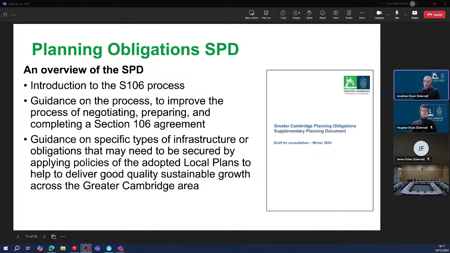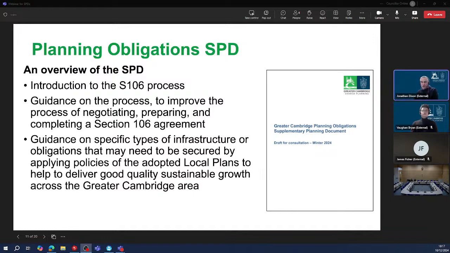So, for example, that could be a liaison with the town or parish council to understand what projects are needed in order to support the needs generated by that development. Or it could be other bodies like the county council or bodies involved in health and so on. In coming up with those financial sums,